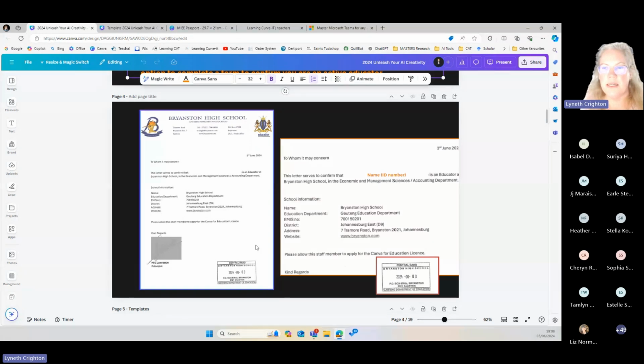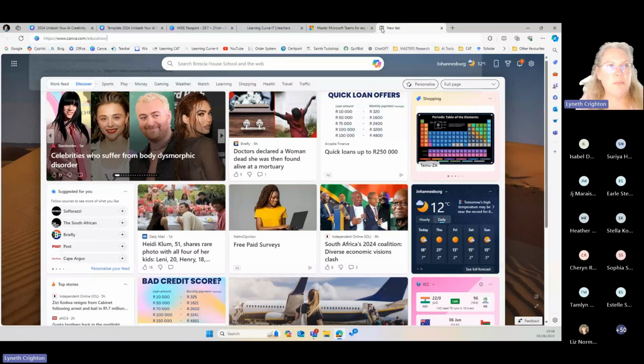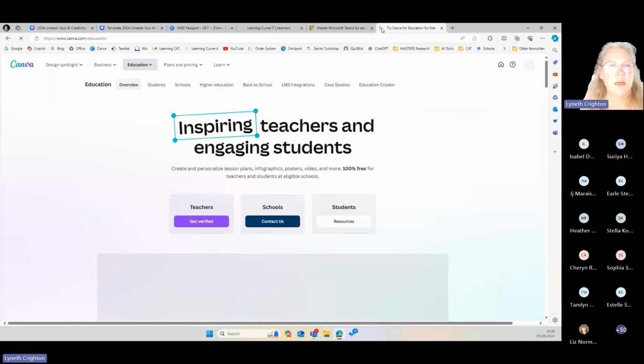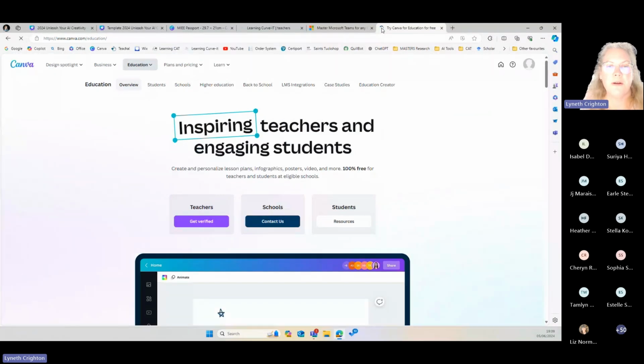He put in his name and his ID number, or if you're a government school teacher, you can use your Persal number, or you can say what email address you use, but you basically need a letter from your school with a signature on it and the same dated school stamp as the letter to say that you are a teacher at a school. And mine has been there for quite a few years, so it doesn't ever go away once you've been verified.